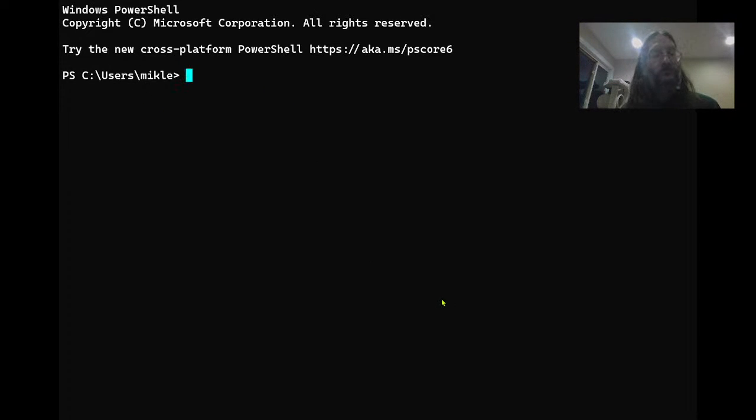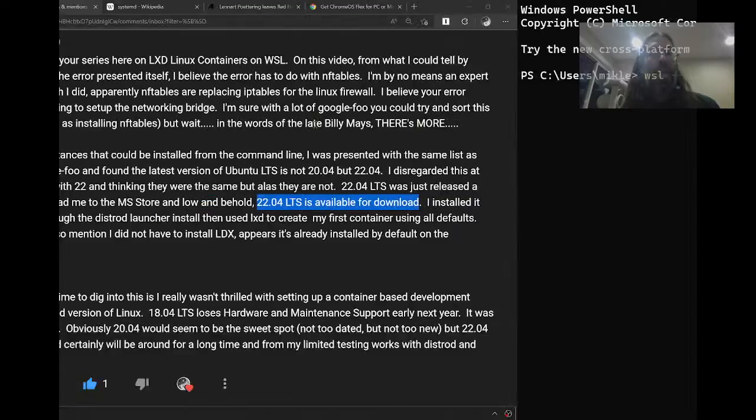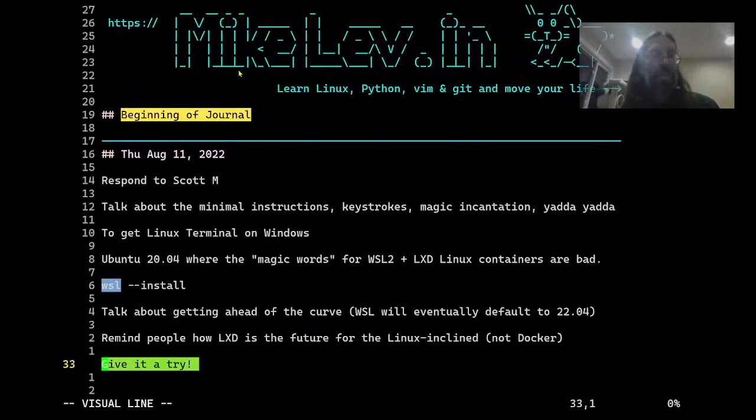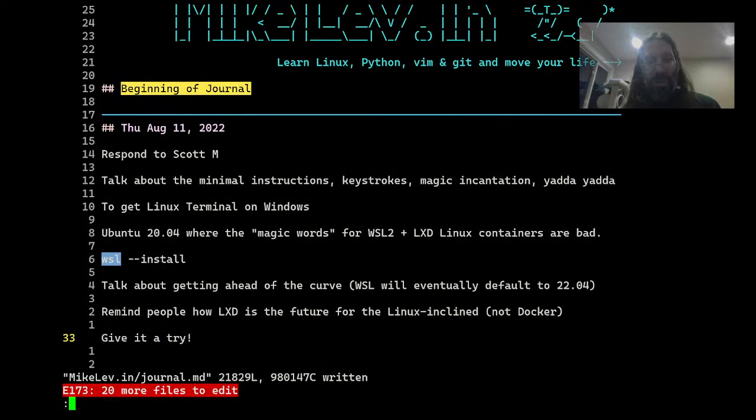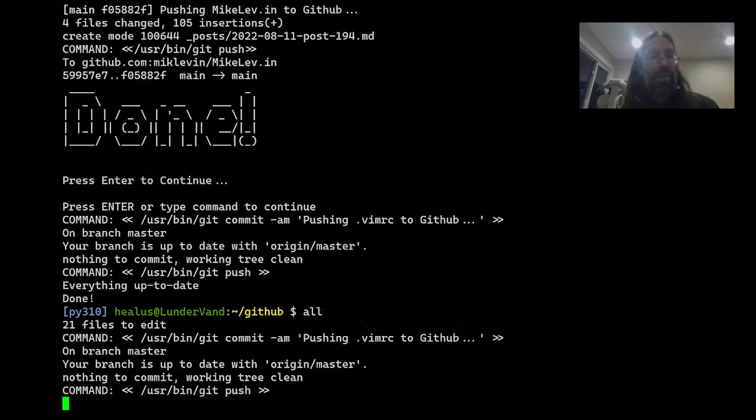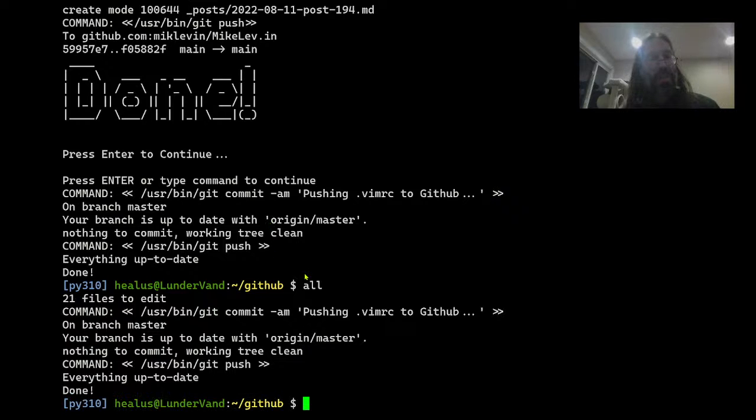So what you would normally do is wsl install. And those are the easy magic words there. That's how you get Linux onto your desktop. That's how you get a Linux terminal, a lot like the one I do my journal in here, right? If I were to save and quit, I have to do a second quit in order to fully quit because I edit a lot of files at once. And type lsb_release